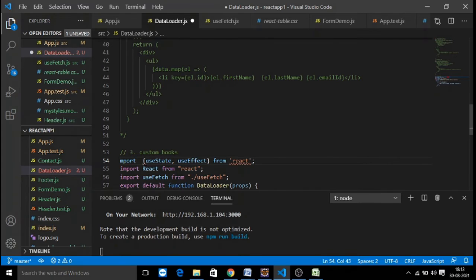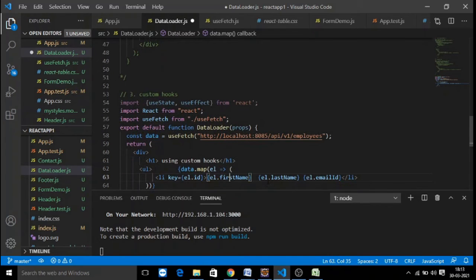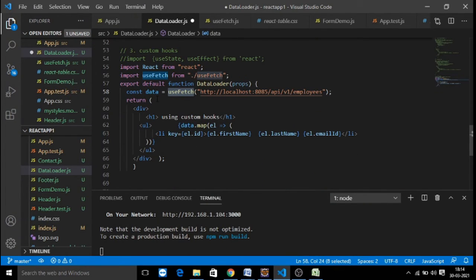If we have any of the hooks we are going to use, we need to import it. Okay, so here we are not using them, we are just making use of useFetch, which is a custom hook, so you don't need any other hooks. So what is this useFetch? It is not a predefined one. So where are we getting this from? We need to write our own hook.